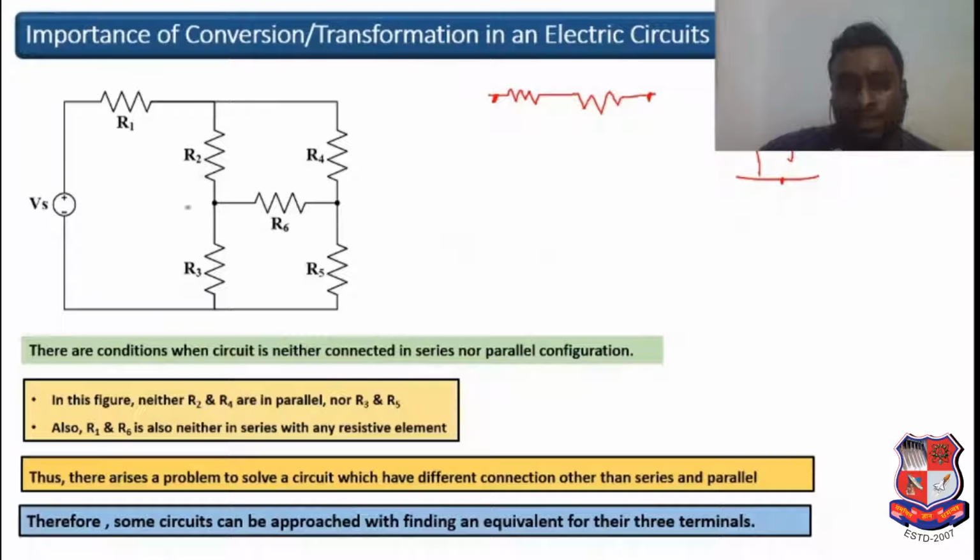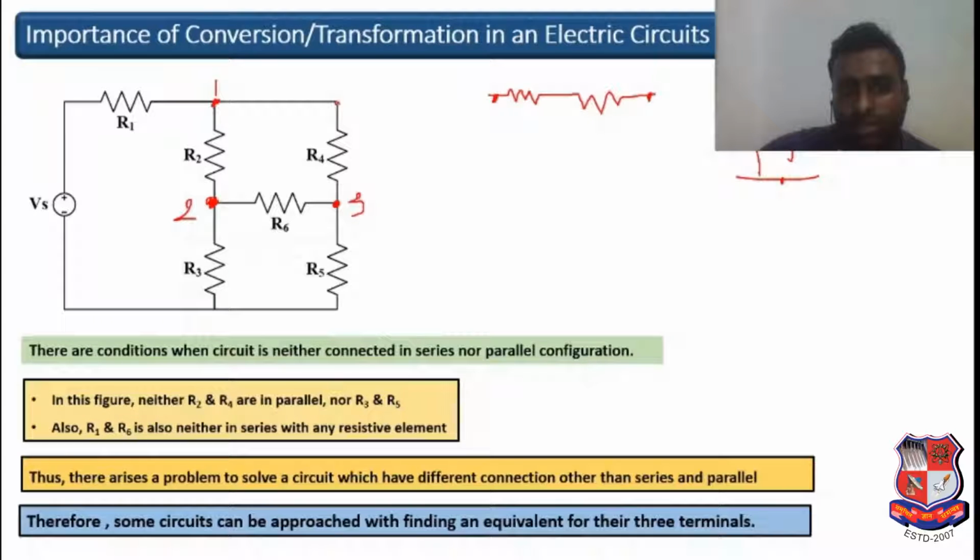If it is in parallel, then we find the equivalent across these two terminals. Instead of that, in this part, as this is not possible because they are not in series or parallel, we will go for finding the equivalent across three terminals. When we find the equivalent of three terminals, I hope we will get the desired conclusions. So over here, three terminals.